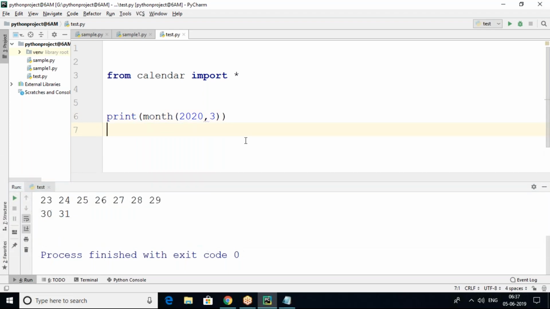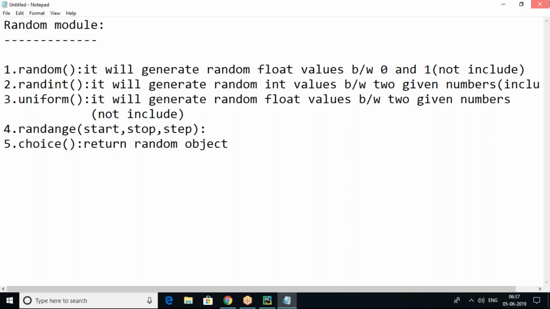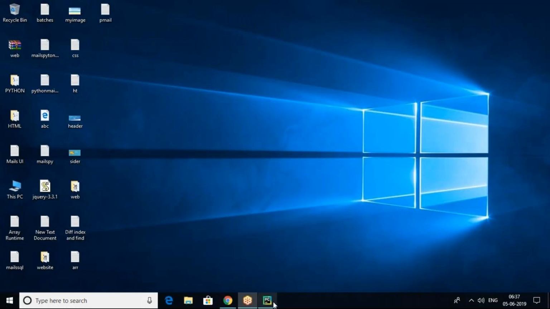And one more thing, there is a possibility to calculate leap days. Sorry, just wait, leap days.